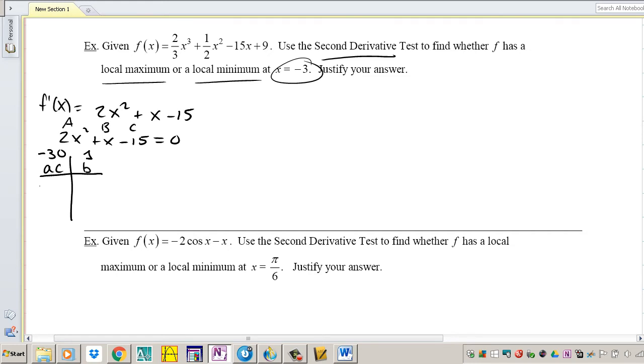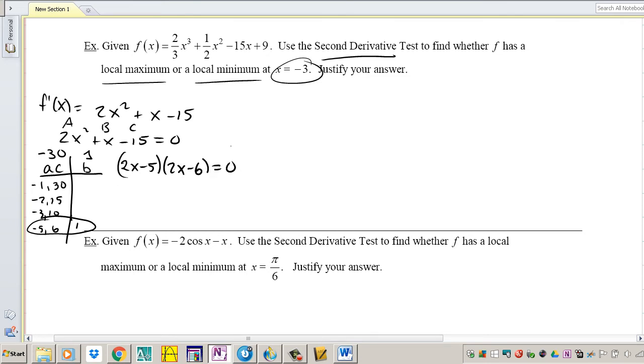So let me list all the factors of 30. Negative 1 and 30, negative 2 and 15, negative 3 and 10, negative 5 and 6. Now which one of these gives me 1 if I add them? Negative 5 and 6 gives me 1. So I have my factors. 2x minus 5, sorry,